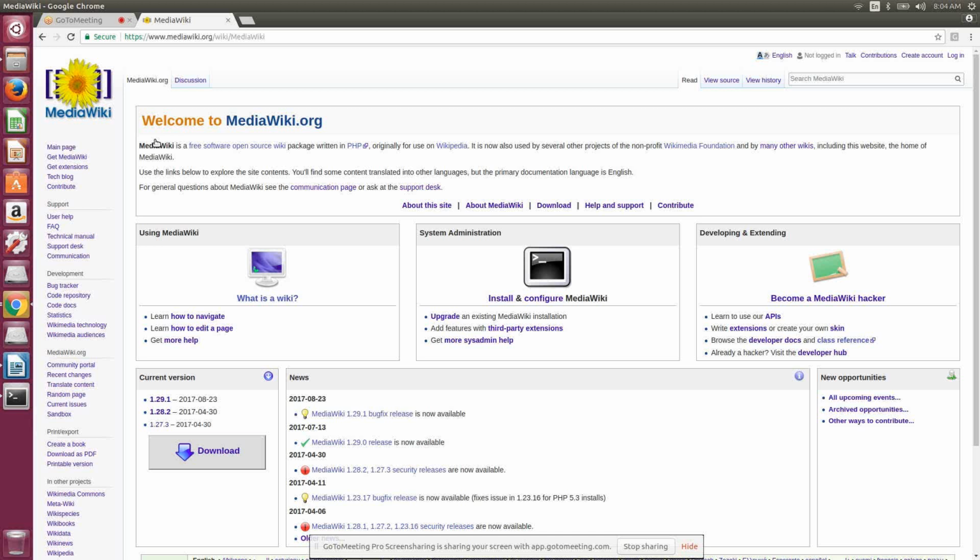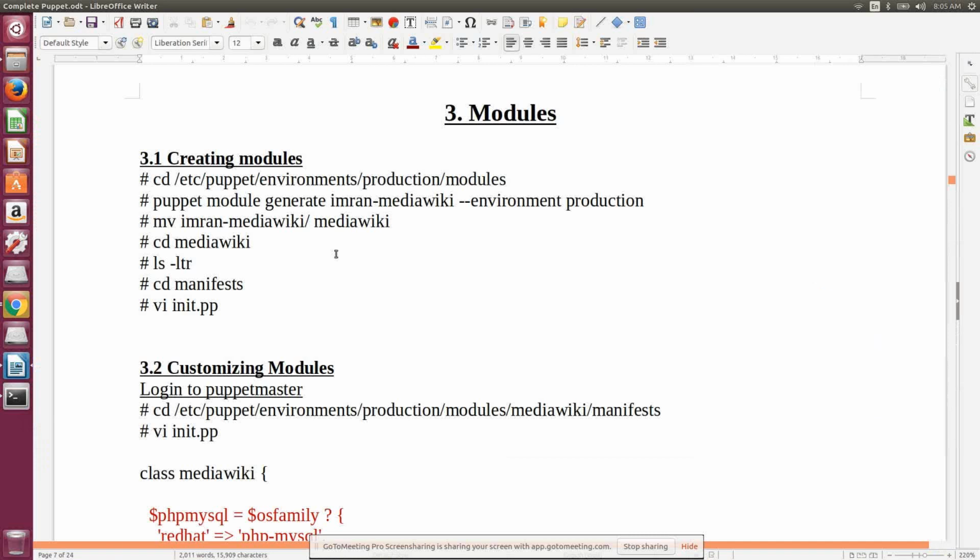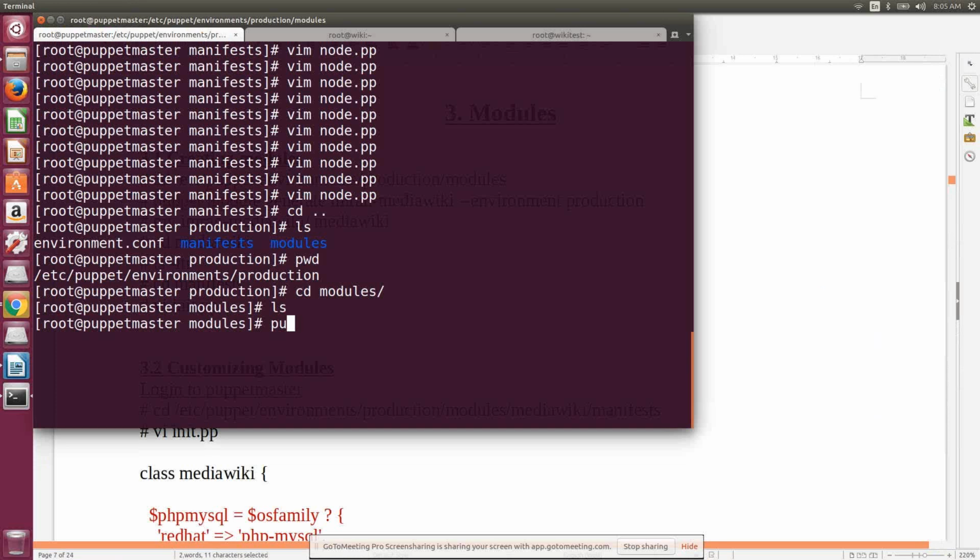And for that, from the beginning, we are going to write modules. We're going to write modules to set up Apache, PHP, MySQL, and all those things. So first of all, we'll create a module with the name of MediaWiki. All right, so this is the command to create the module. I'll write it. puppet module generate,